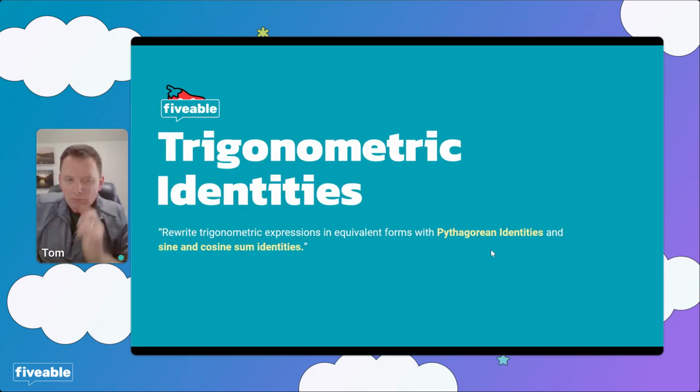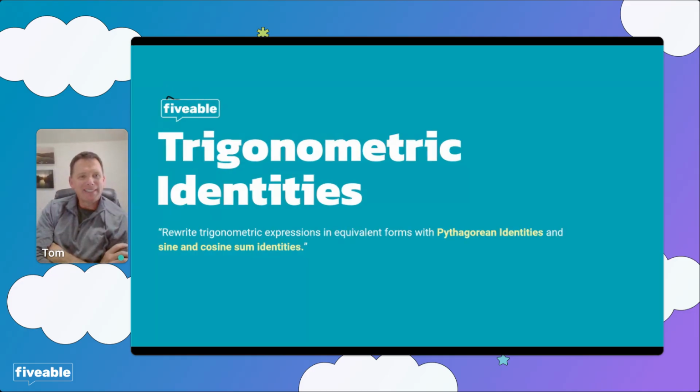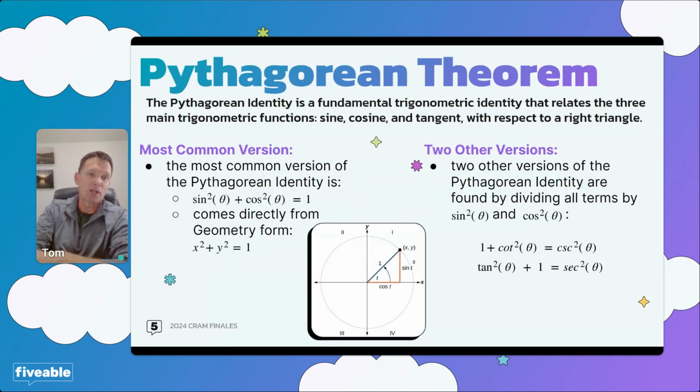Hello, everyone. So trig identities could be a little bit tricky, and for a lot of you in pre-calculus, this could be a little bit overwhelming. The good news is that this course doesn't require very many identities to be at the tip of your fingers. We're really just looking at two main groups of identities. First, the Pythagorean identities, and then the sine and cosine sum identities. Those are the only ones you need to know, but they will not be given to you on the exam, so you're going to need to know these going in.